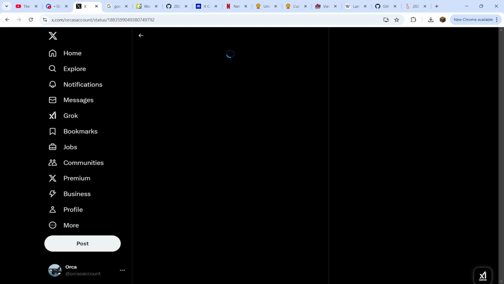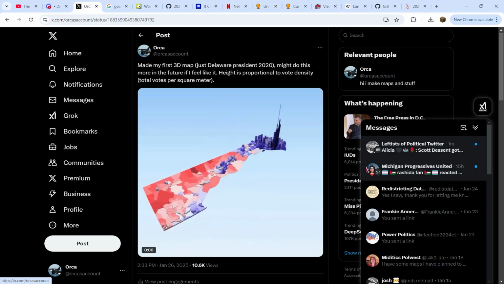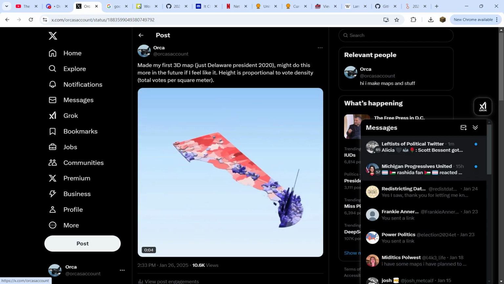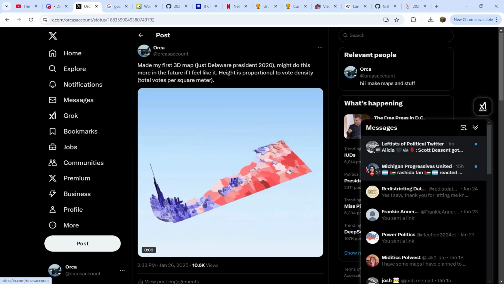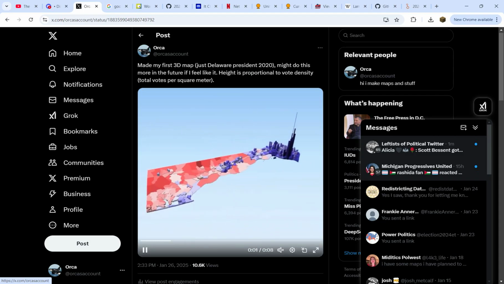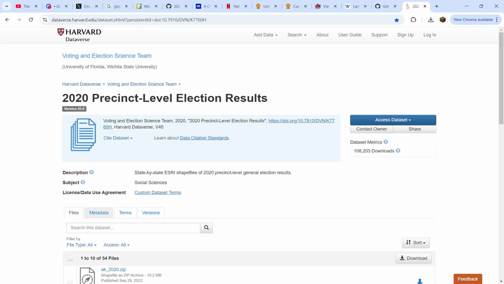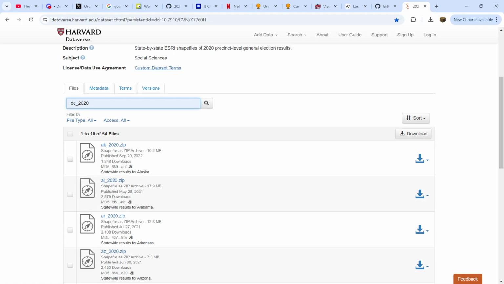Alright, this is the 7th video in a series on additional QGIS information. In this video, I'm going to be showing you how to make a 3D map like this one that I put on Twitter. In fact, I'm going to be making this exact same map to show you guys. So, first, I'm just going to go through the usual steps of downloading the shapefile,